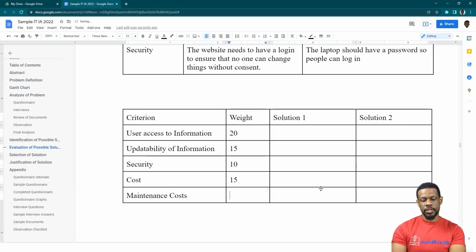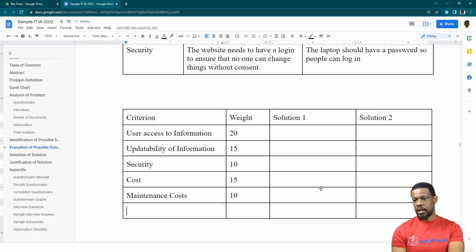So the maintenance cost could be 10. What do you have to maintain a lot for, like with the website? You have $2 to maintenance. With the other solution, you probably don't have to do as much maintenance, but things like that. And let's try